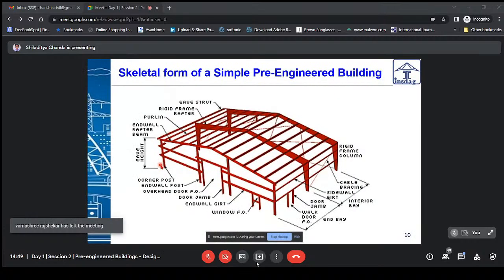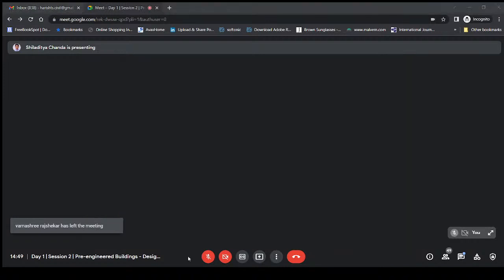So, this is what we have got in the typical pre-engineered building. This is called a typical frame, and in normal parlance, pre-engineered. Now, as I said, this is expandable, right? So if the structure is, suppose, when you design the structure, the client asks for a certain